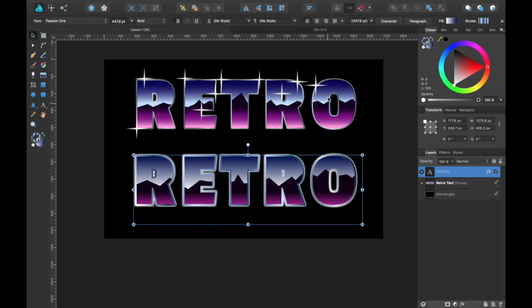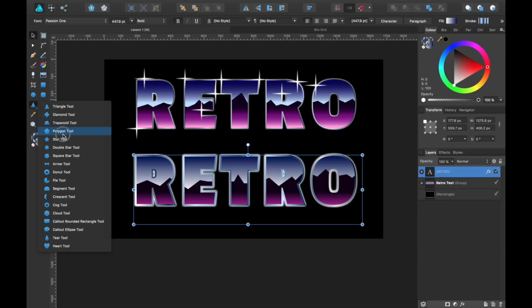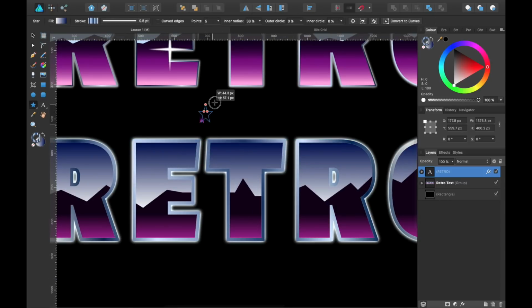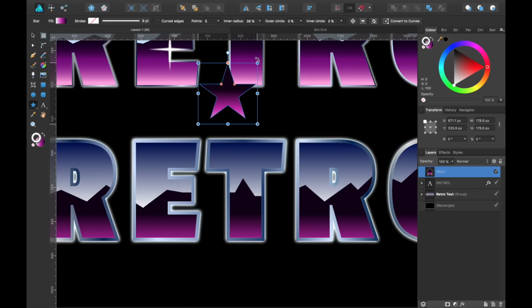Now we need to add a few reflective sort of stars. And I just created these just by going to these shapes here. So we head over to the star tool. Just make a little star anywhere. We can go in like that. Make a star, change the points to 4, bring it in from the sides.